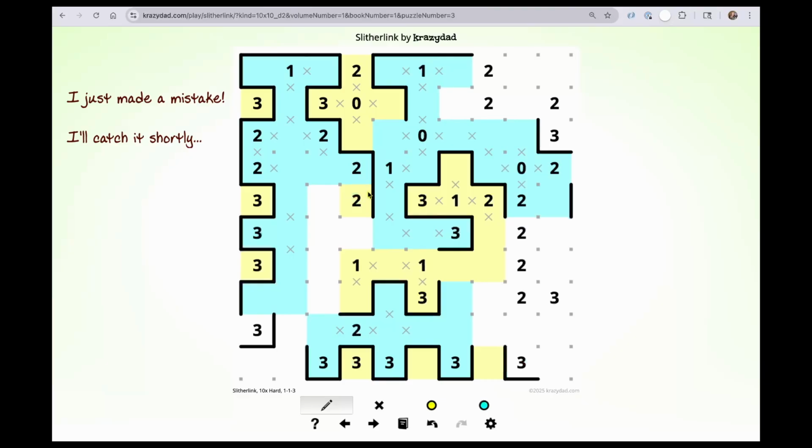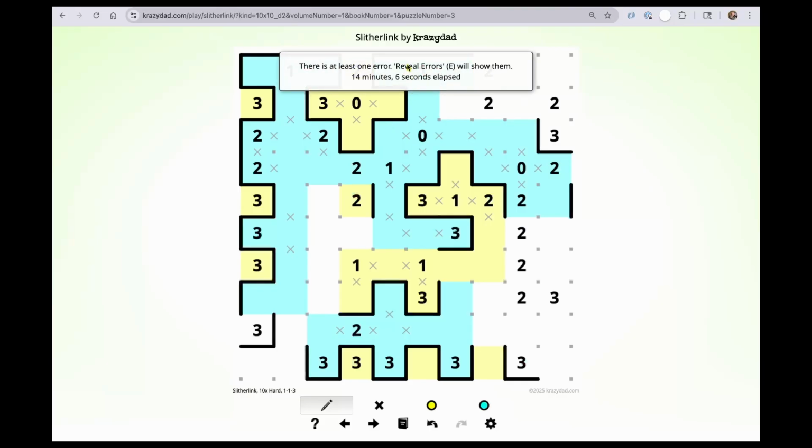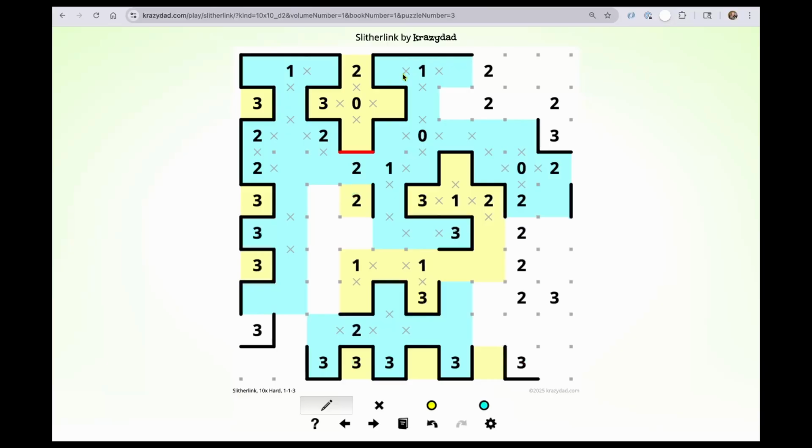Wait a minute, I made a mistake. Oh, this edge is not forced. This goes like that. Oh, there's definitely something wonky here. I have made a mistake. I'm gonna check to see how bad my mistakes are. Oh, it's just this one edge here. So what I did was